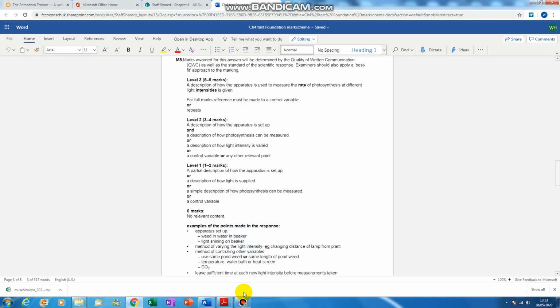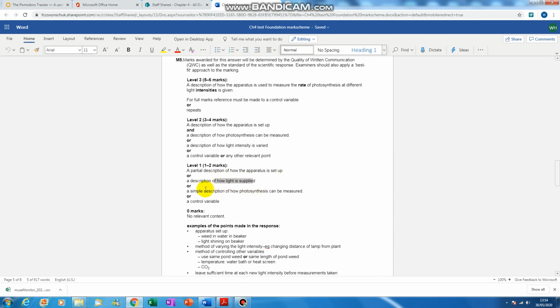So this is the second part of question 5 on the Foundation Biology end of chapter 4 test. So how much would I get, and what are they looking for in one of these 6-marker practical style questions? So to get 1 or 2 marks, I need to say something about either how the apparatus is set up,